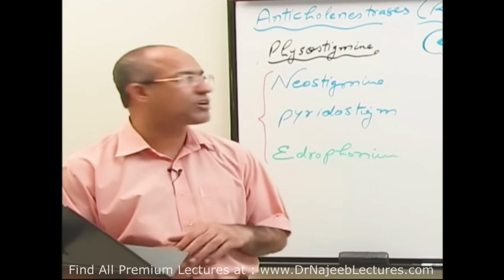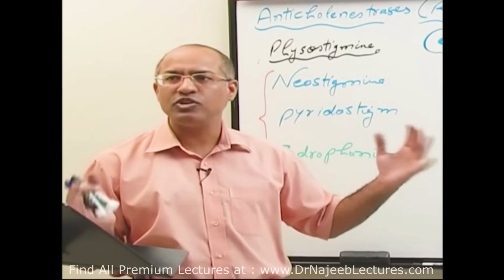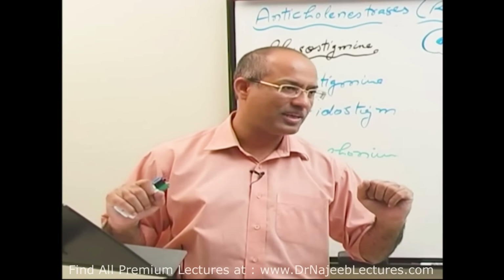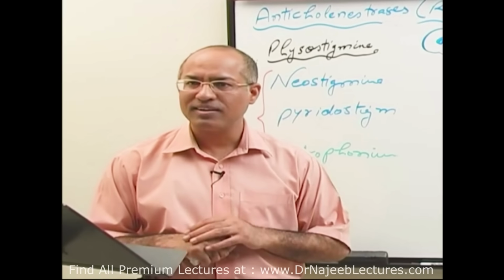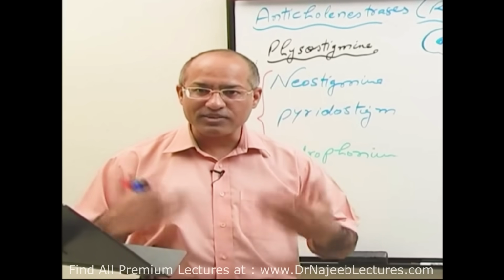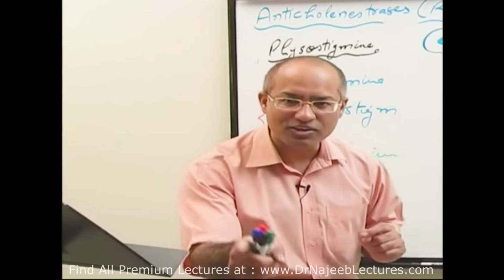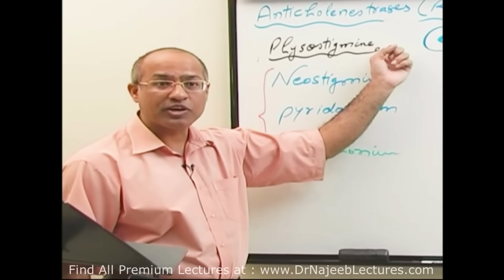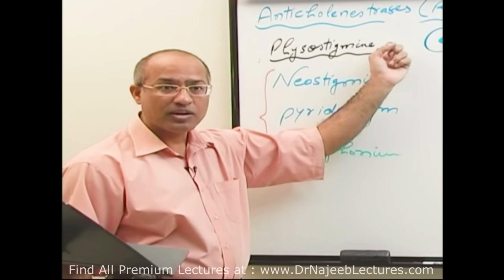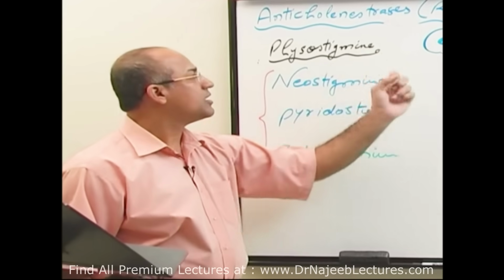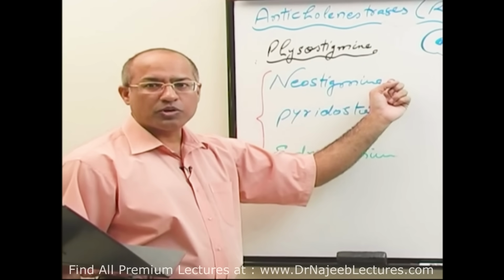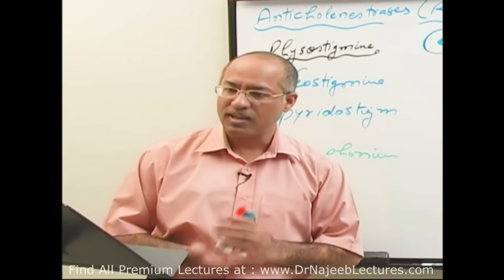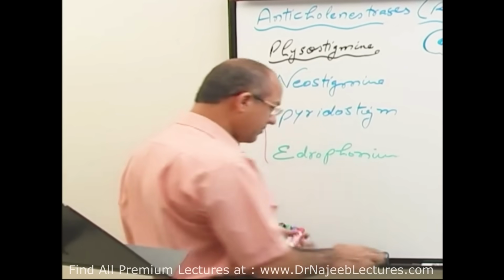And what are the side effects of neostigmine? Very simple. Generalized overstimulation of the cholinergic system. If there is neostigmine toxicity, what will happen? There will be overactivity of acetylcholine all over the body except the central nervous system. Right? So it means physostigmine toxicity is more dangerous because it produces cholinergic crisis in the central nervous system also. But neostigmine produces cholinergic crisis only in the peripheral tissue, not in the central nervous system. Am I clear? Now we come to another drug, pyridostigmine.